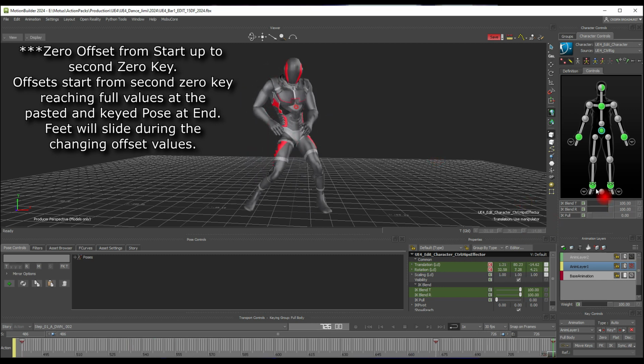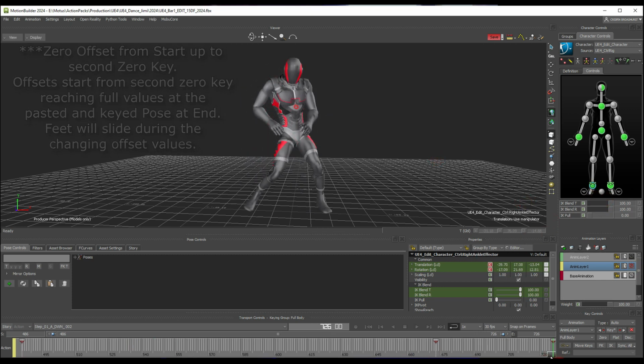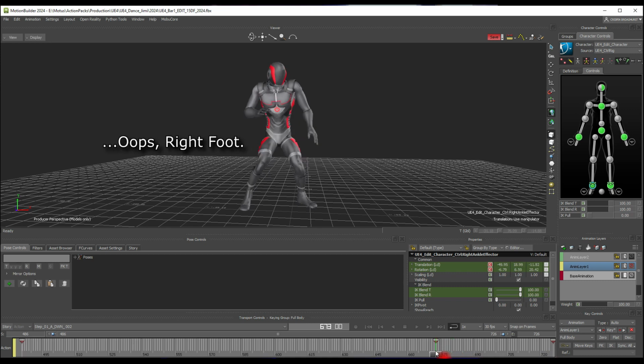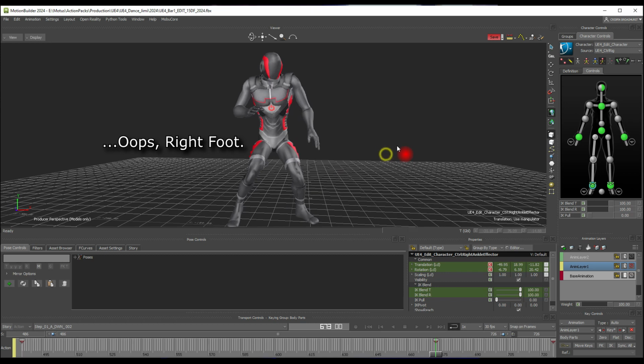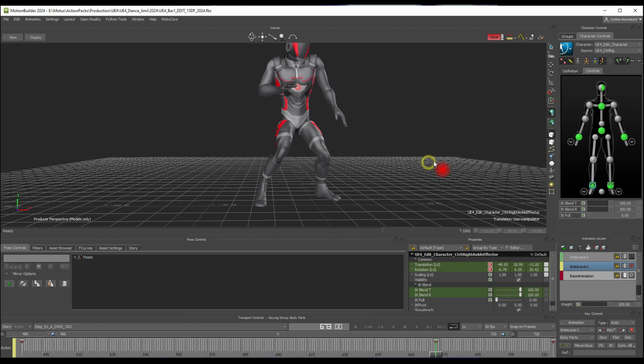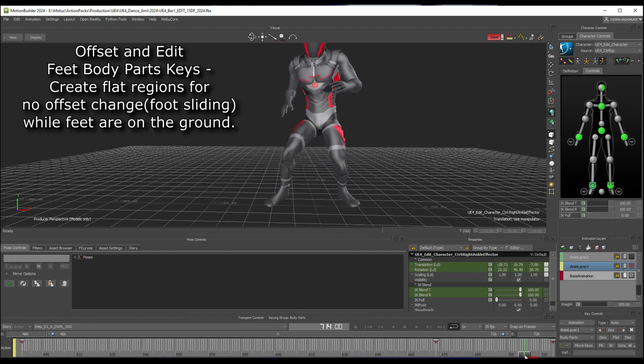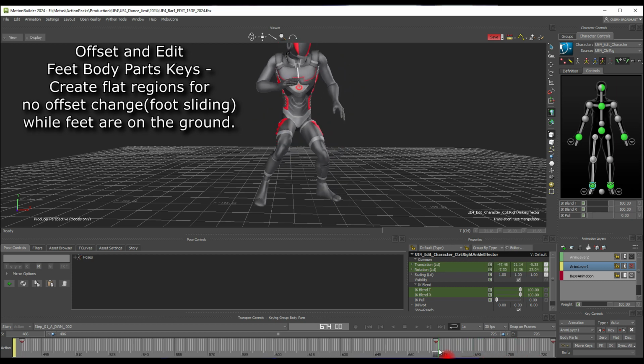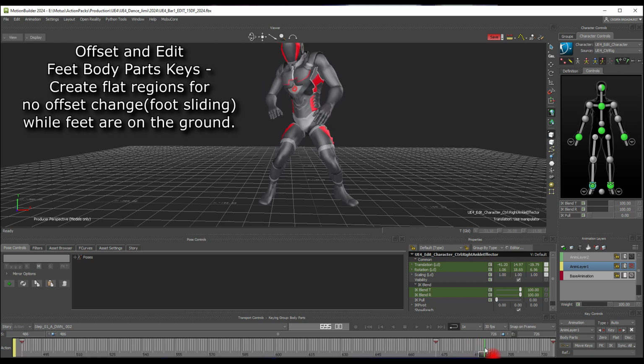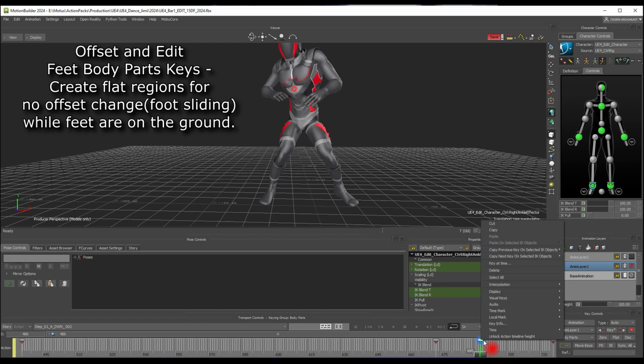Okay, so now we fix the feet. Go, let's say, into his left foot, and we're in body parts mode. Excuse me, right foot only. Picks it up, goes to there, and then he picks it up again. So he picks up, let's go to there, let it slide a bit halfway between, go ahead and set a flat key, copy that key,